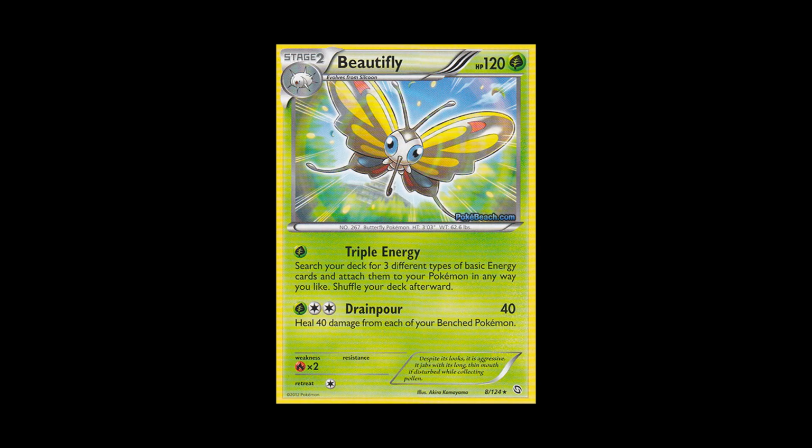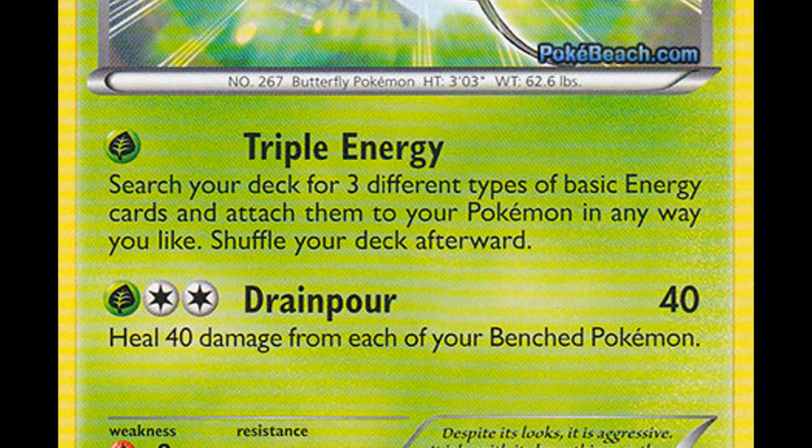The last card I'm going to talk about is Beautifly. For one grass energy, you can use an attack called Triple Energy. What it says is: search your deck for three different types of basic energy cards and attach them to your Pokemon in any way you like. So this combined with Ho-Oh EX,